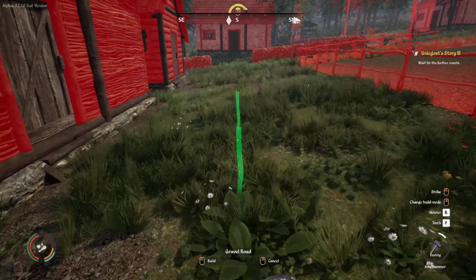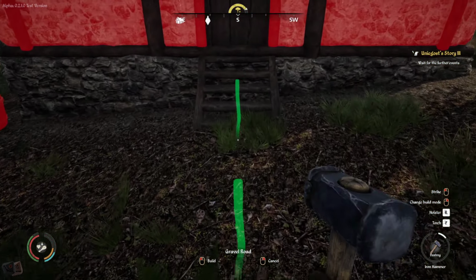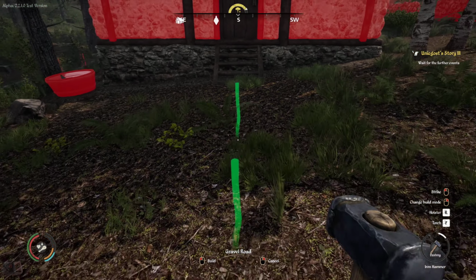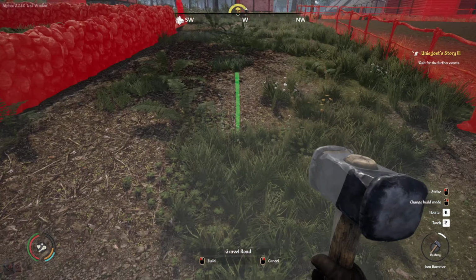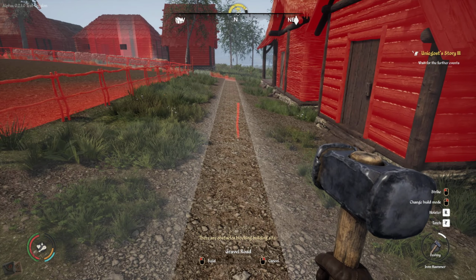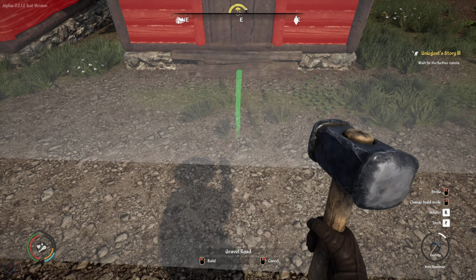And then lead this straight toward my house. Literally, I'm just going to go straight up to the door. You know what? I'm going to come up to the walking path. I'm going to make the one going into my door just a little off-center, not perfect. And then I can create little pathways